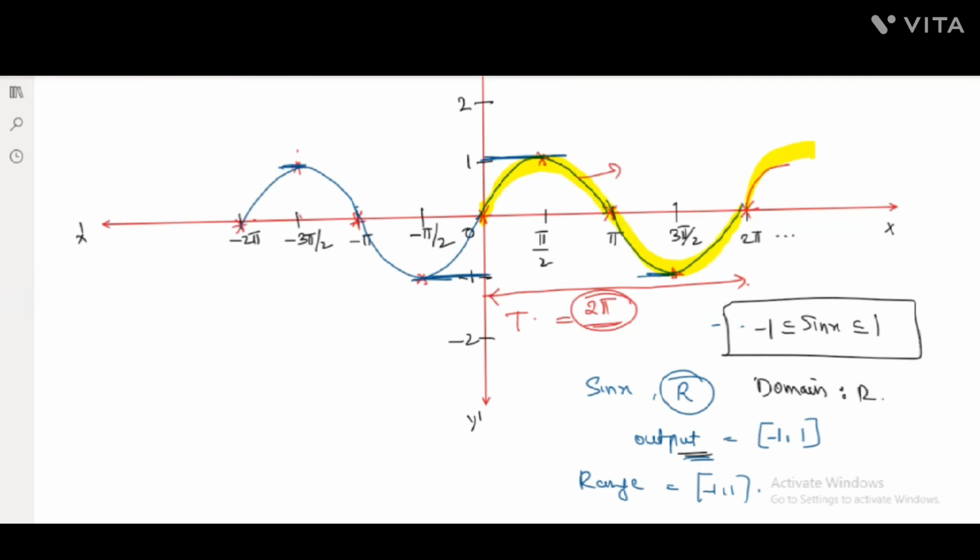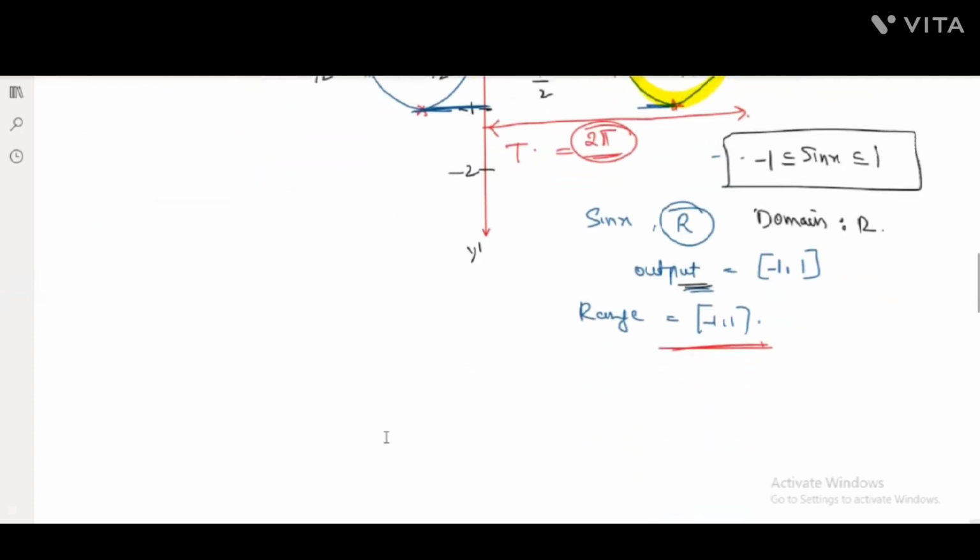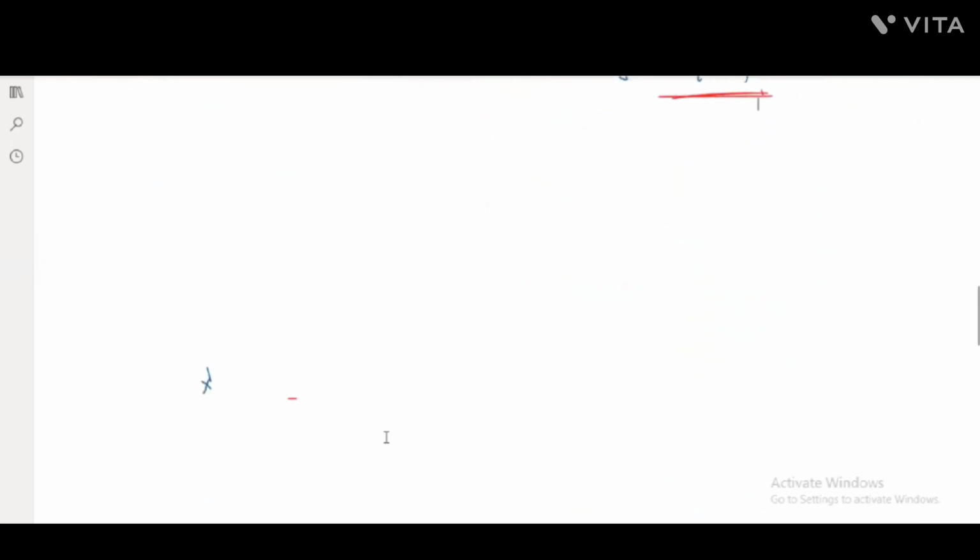So this is the graph of y equal to sin x, where x belongs to all the real numbers and the range is only minus 1 to 1. This is the period of the sin x function. For example, if I multiply this angle by a number, like sin 2x, what happens? What is the period of this sin 2x function? If you observe carefully,